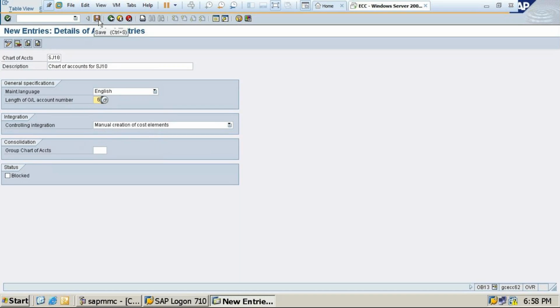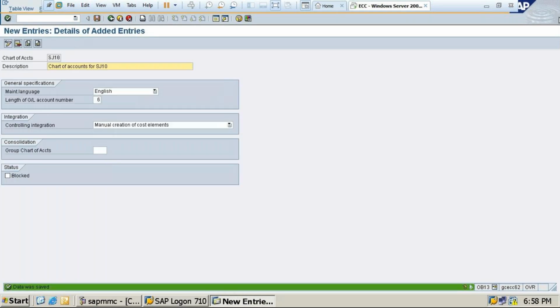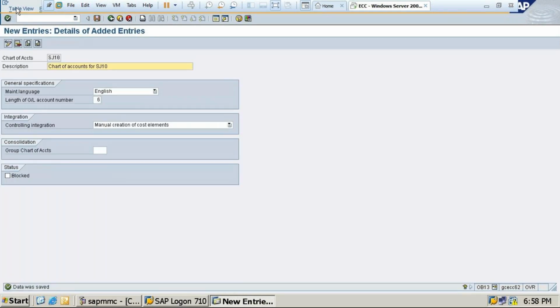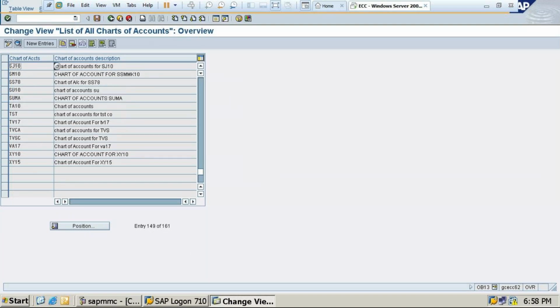Just click on save. Okay. So click on save and save with the customizing request. Clear? So you can check positions for your confirmation. It is displaying already, so you can check it once.